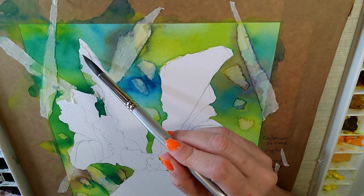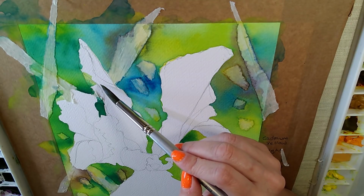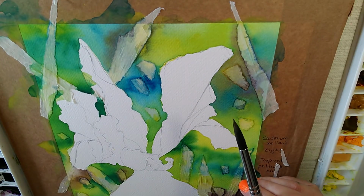So what I'll have to do later on is lift this green off the petal before I paint it. Now that's not as hard as it might seem. I have actually got a video on removing watercolour mistakes. I'm going to put that up at the end of this video, so you'll be able to click on that